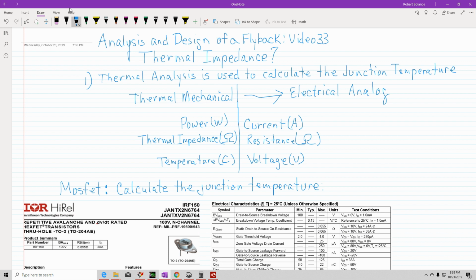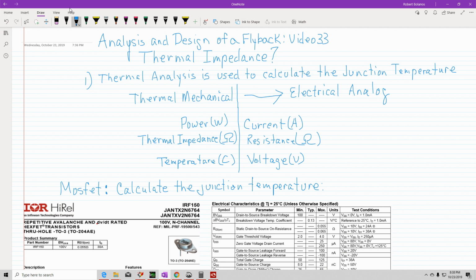here is the data sheet of the IRF150, and that is the device that I used in this simulation that I showed in the last video. If you haven't watched the last video, please watch the last video. On the last video, when I changed the turns ratio from 0.5 to 0.1, I made a statement that if you do not set the turns ratio correctly, you can end up with a much higher voltage on the drain. And I demonstrated it by